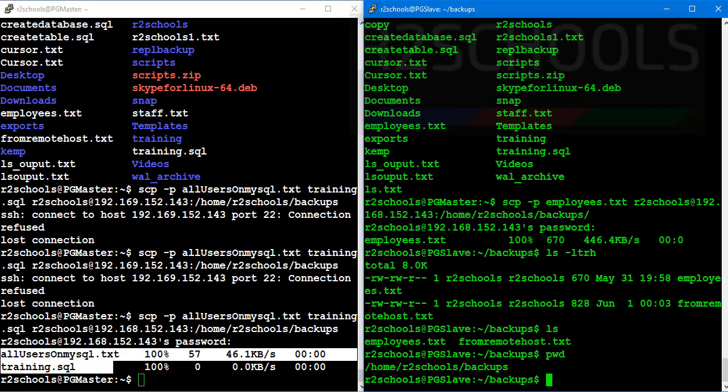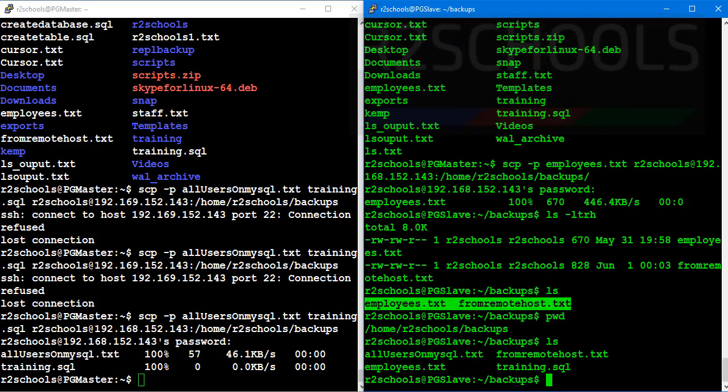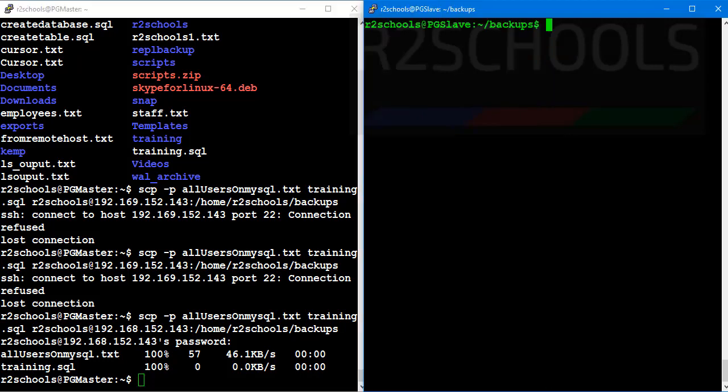Let's verify. See, before, only these two files were there. After copying, two more files were added, allusers.txt and training.sql.